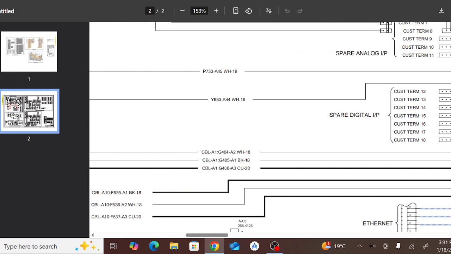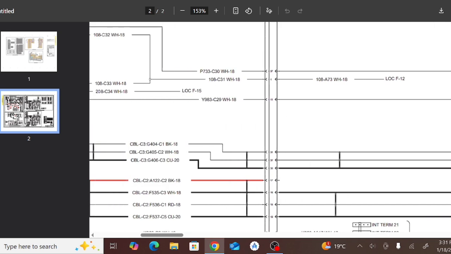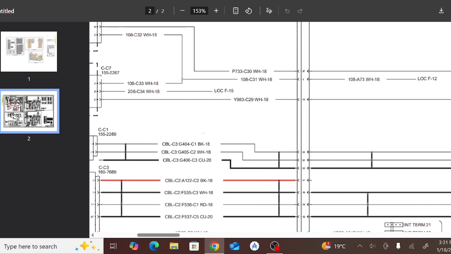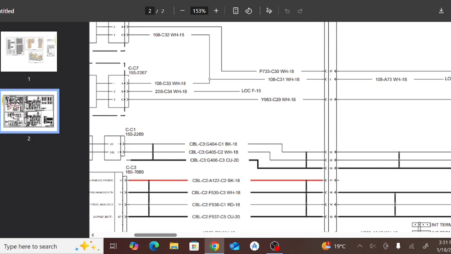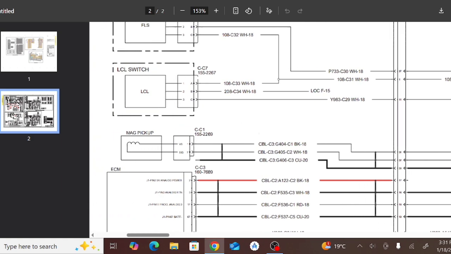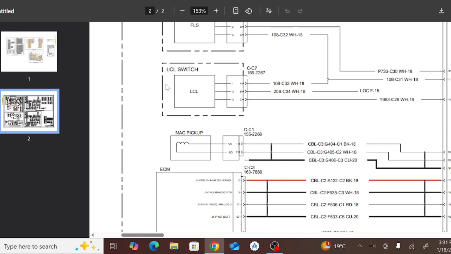Okay, and then going to this connector pin number 11, and then out wire number Y9 A3 C-29 white 18 number and going to the LCL. Okay,